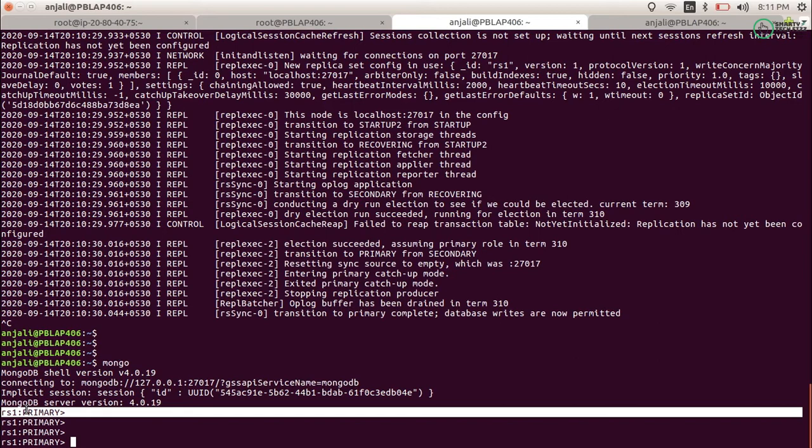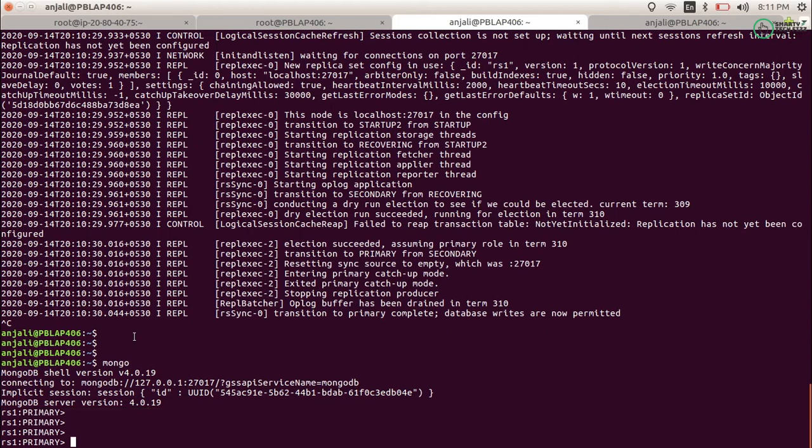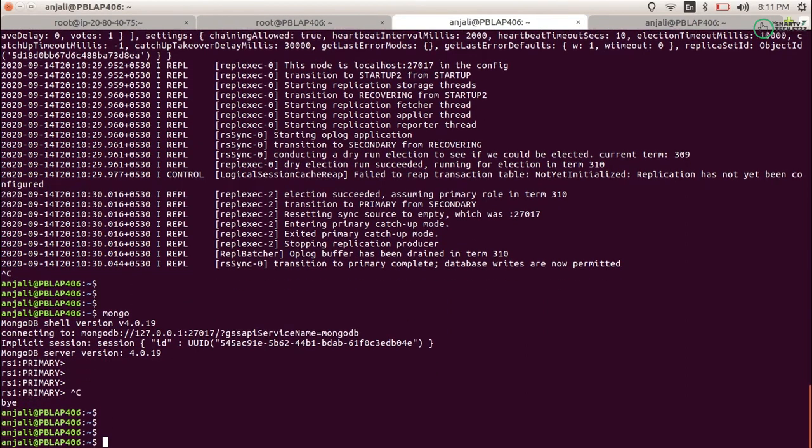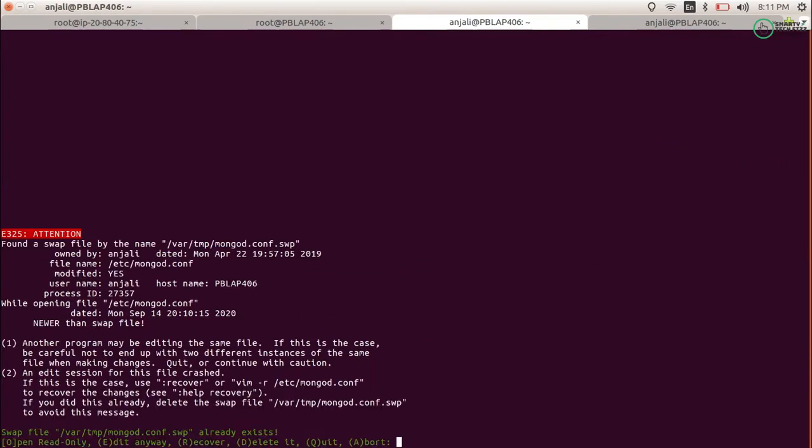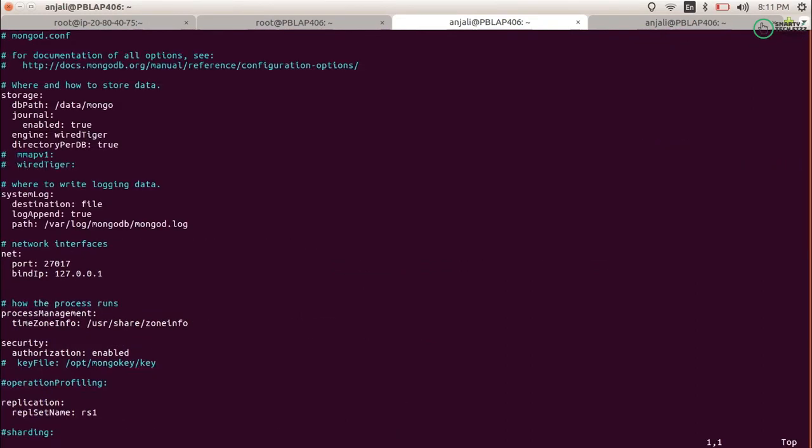Now we will see the next thing: what if you want to add this member to an already existing replica set? For this you need to do one more thing. Come out of it, go to the configuration file and see a few things one by one. You need to change this only if you want to change the DB path.